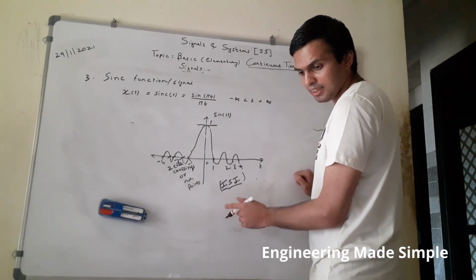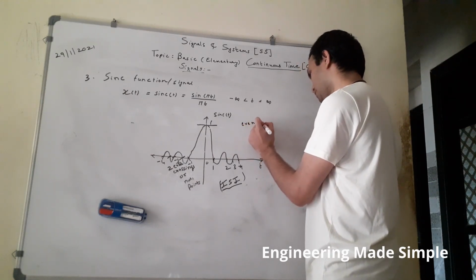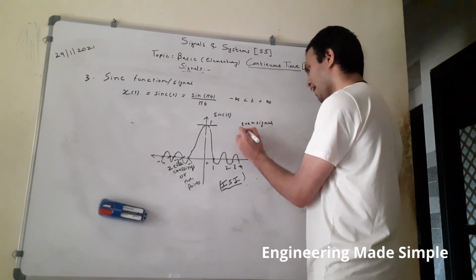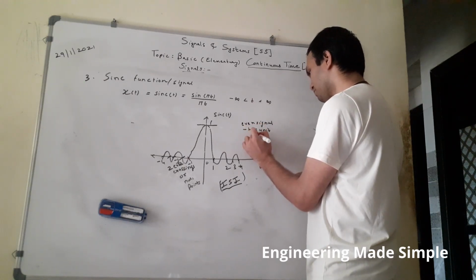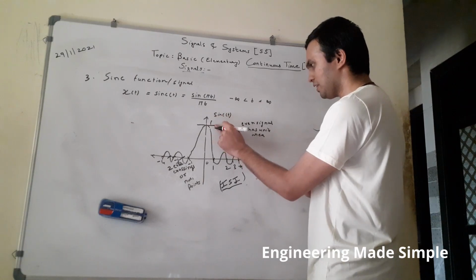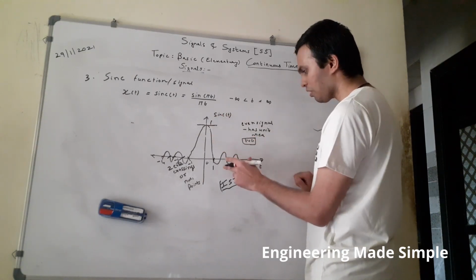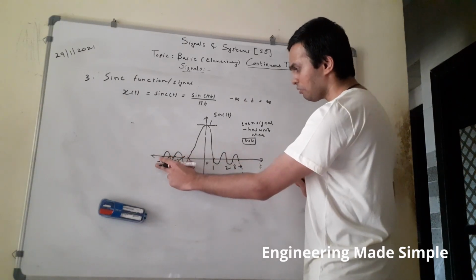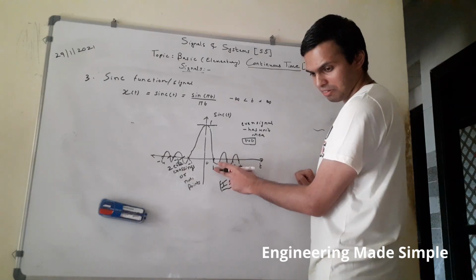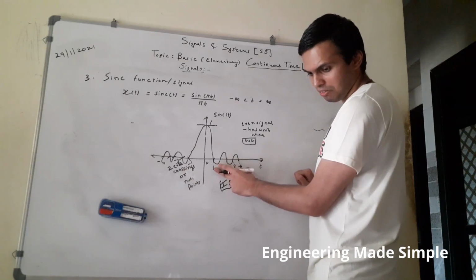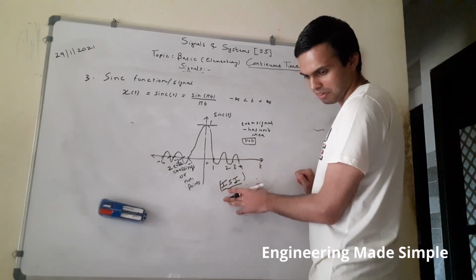And remember, this signal is an even signal which has unit area. The area under this sinc function is unity. That's the reason it is 1. And at time t equal to 0, its value is maximum. And for the rest of the integer values, both positive and negative, of the independent variable time t, it crosses 0. This zero crossing feature has many applications, which we will not discuss right now.